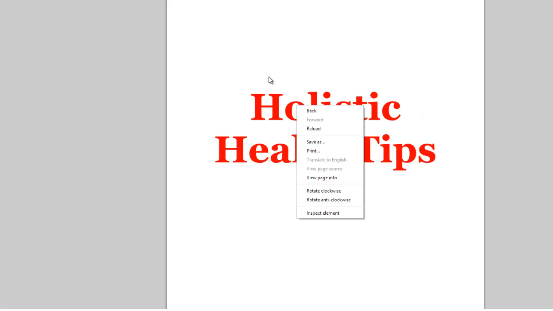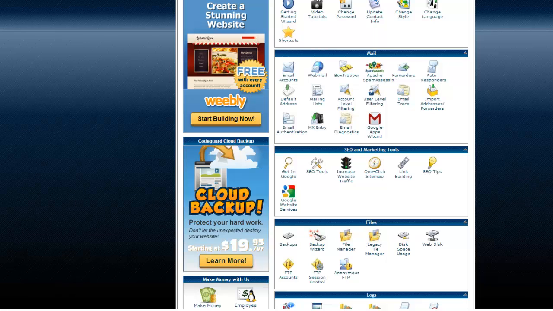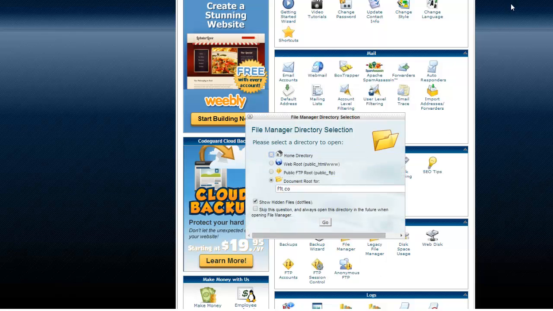Now for those of you that don't have remote storage and you only have hosting at the moment, I'm going to show you how to do the same over there. So to allow the same procedure to take place using your own host, what you would need to do is log back into your cPanel, as I've just done here, and then click on File Manager, and then we need to choose where we're going to store the files. So the main domain will work okay, or we can put it on the subdomain. In this case I'm going to show you how to do it on the subdomain, because that's where I've got the site hosted anyway. So choose the subdomain there,